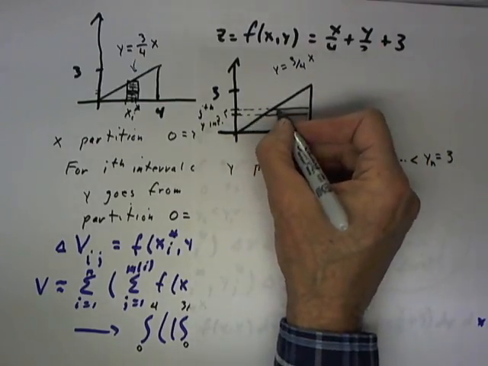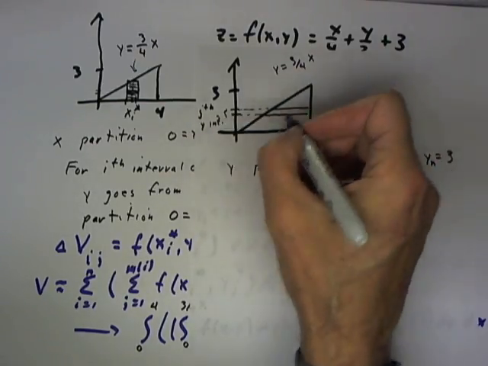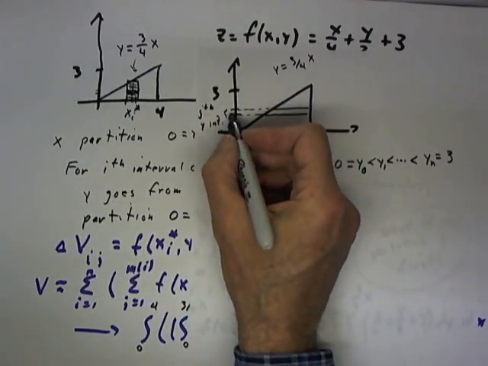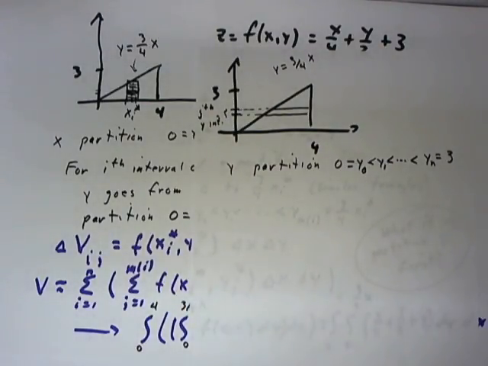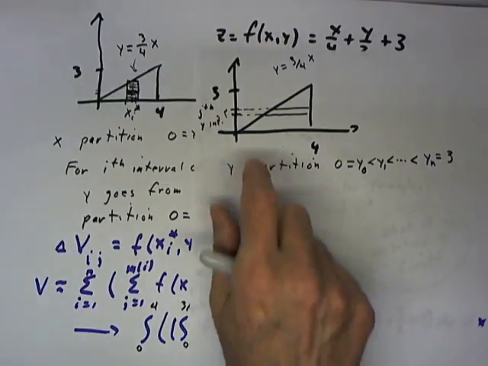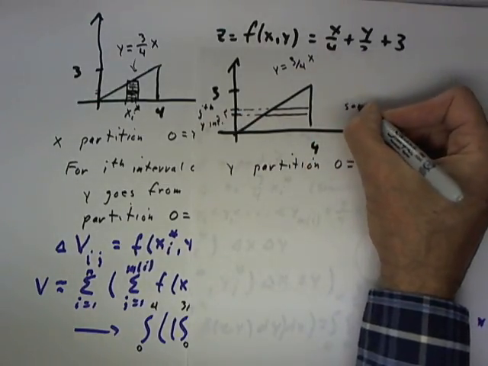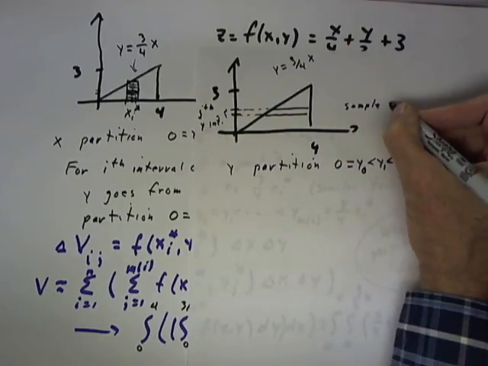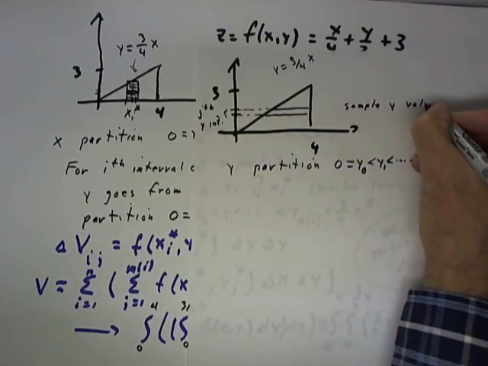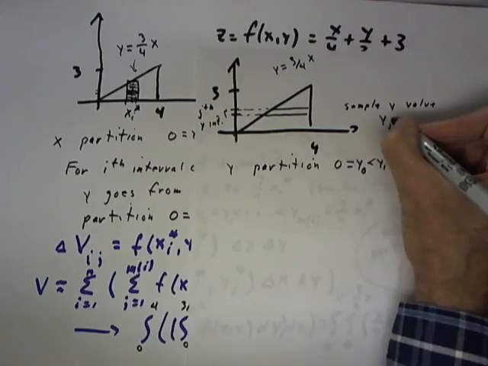Now the length of that interval is going to depend on our sample point in our typical jth interval. So the sample y value is going to be y sub j star,